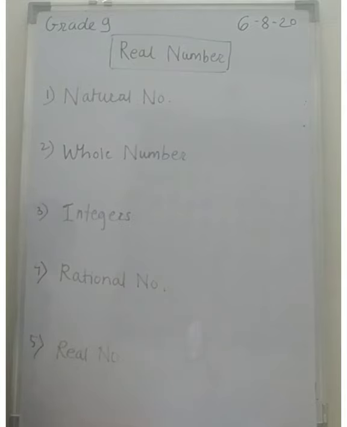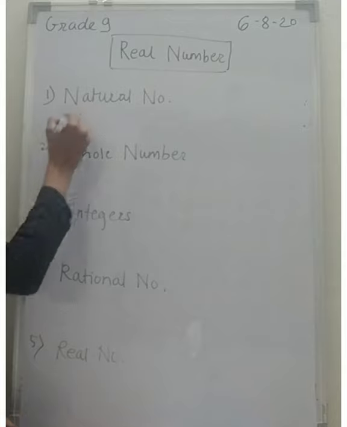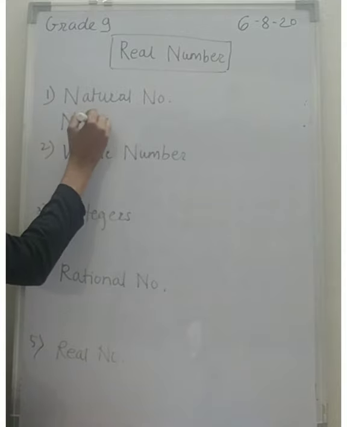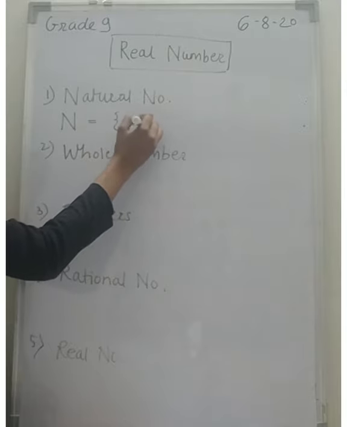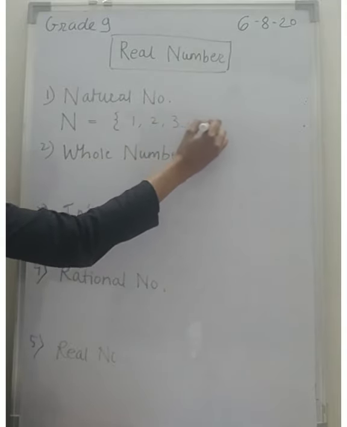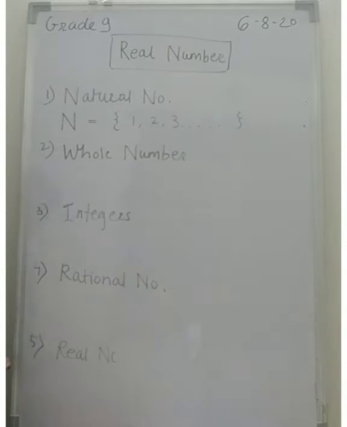And today we are going to start with the second chapter, that is real numbers. Okay, so we are going to revise something that we have already learned in the previous standard. So we all know that we have learned sets. If I ask you to write the set of all the natural numbers, we will write it like this: N, which means the set of natural numbers 1, 2, 3 and like this to infinity.